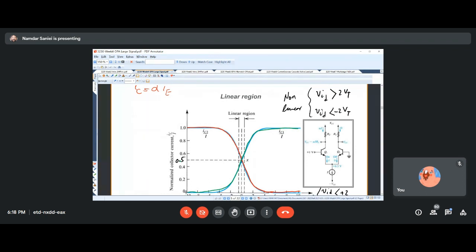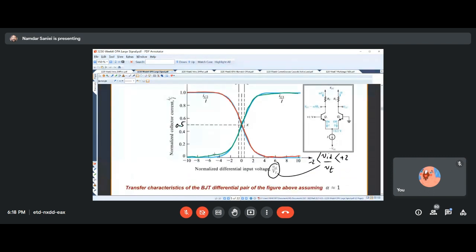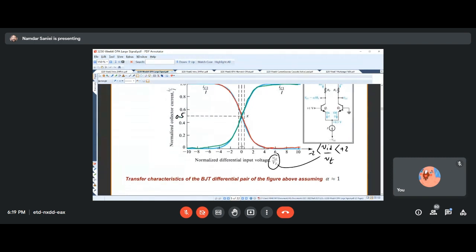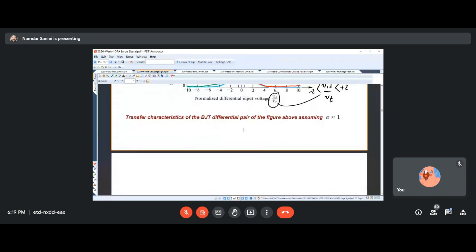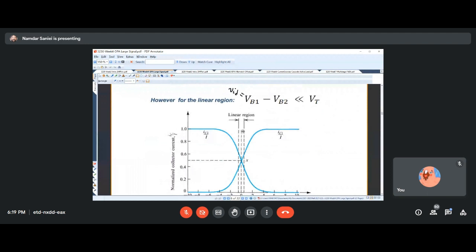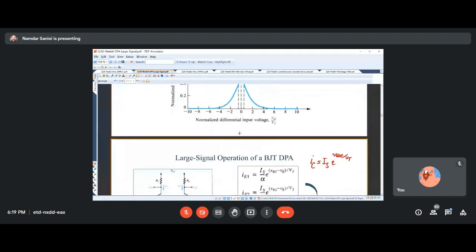Whether this input is too large negative or too large positive, one of them is off, the other one is conducting. But it was at the middle of this curve that we realized some linear operation. That linear operation belongs to a small range of input signals. And that's why we call it small signal operation of the